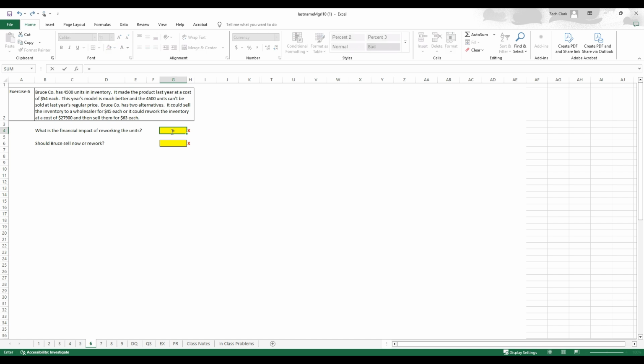This problem doesn't give us a lot of space to type things in or break them out, but let's think through this here. The cost would be $27,900. So what would our sales be? $282,000 minus the cost of $27,900, for 4,500 units, and then sell them. So the financial impact